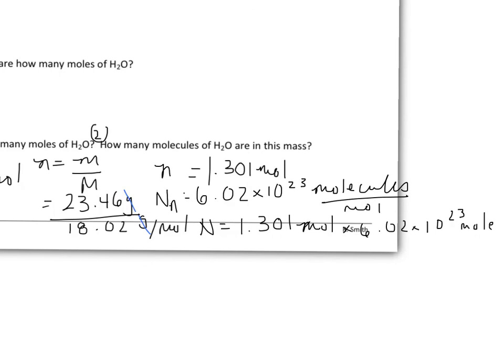I'm going to run out of room here on the side. I wonder if I can keep pushing this over. Nope, I can't. So that's molecules per mole. And what ends up happening is my moles cancel out. So that cancels out, that cancels out. And when I do my math, I would say 1.301 times 6.02 times 10 to the power of 23 equals, so I'm going to make sure I write this with 4 significant digits as per the class rule, so 7.832 times 10 to the power of